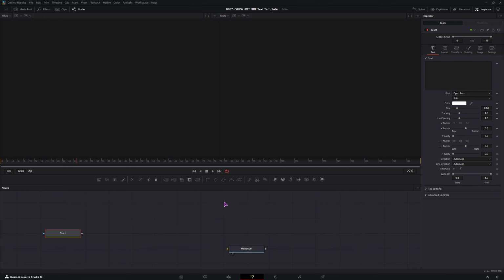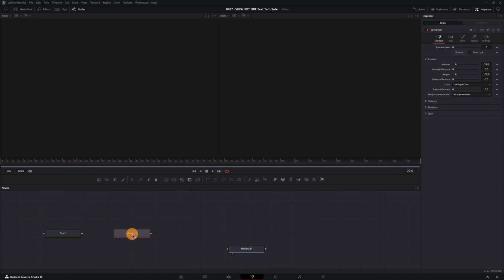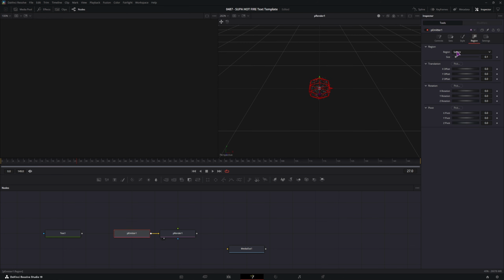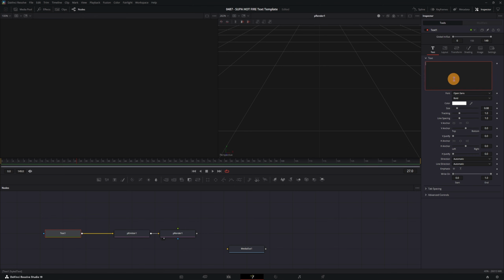How we'll make the fire or smoke is with particles. So you need a particle emitter, and to see those you also need a particle render node. And we can display this maybe on the right side. By default, the particle emitter emits from a sphere. Since we want to emit from a text, we'll set this to be a bitmap. So this can also be an image. Then we'll simply connect the text to the particle emitter, type something in, and we now have a smoke text